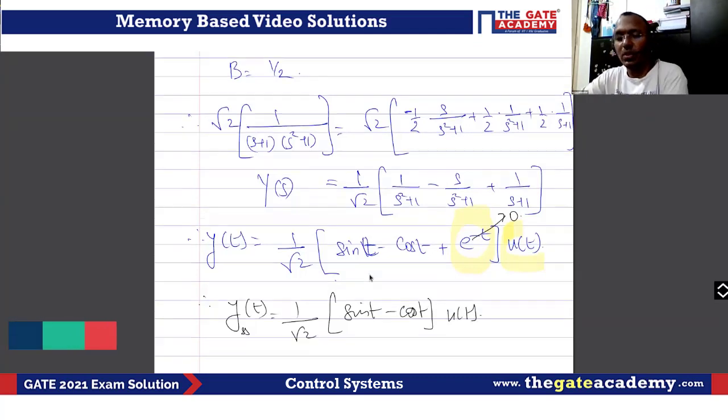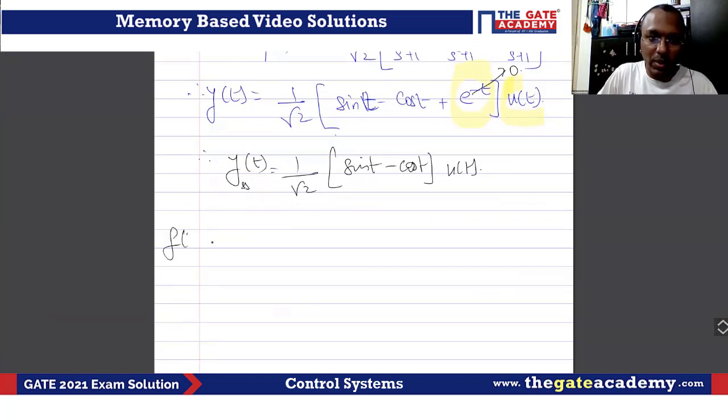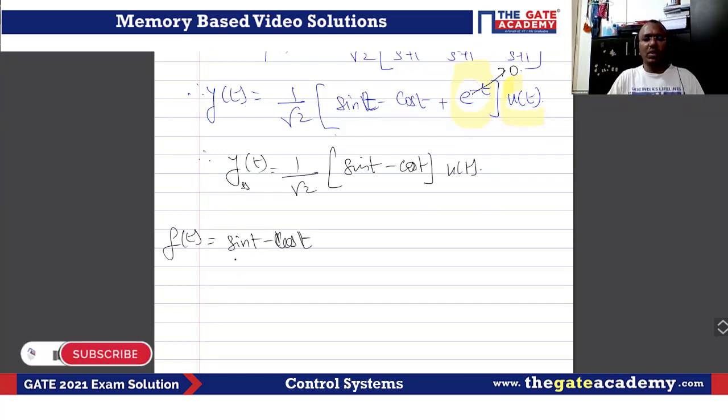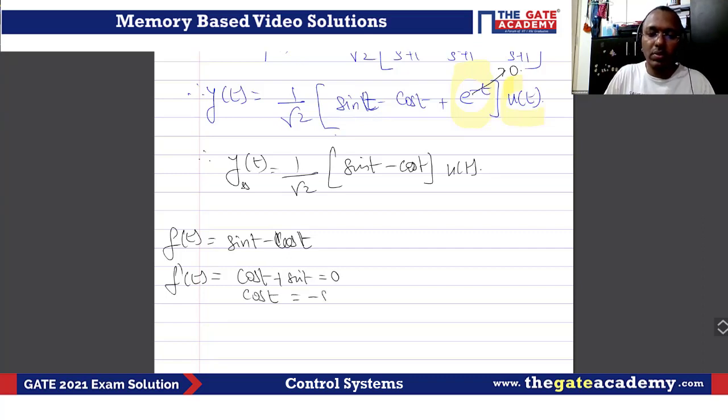Now there's an interesting thing. What will be the maximum value of sin t minus cos t? This is now a problem in calculus. What can be the maximum value of this function, sin t minus cos t? So f dash of t, if you differentiate, what you will get? Cos t plus sin t. This should be equal to 0, or cos t is equal to minus sin t, or tan t equal to minus 1